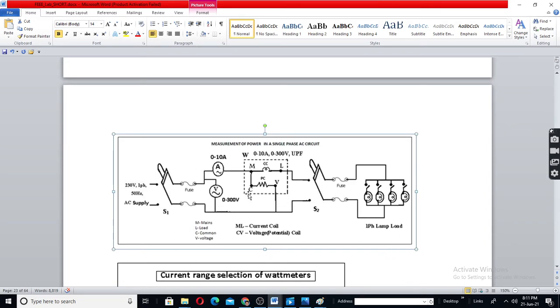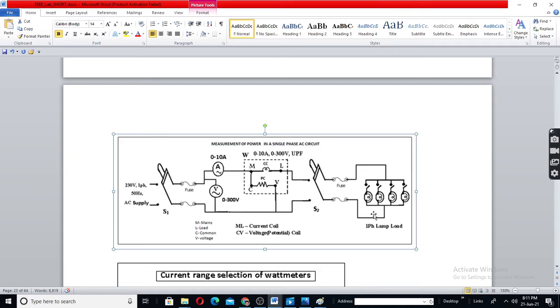Similarly, the voltmeter and the PC of the wattmeter you can connect anywhere in parallel. You can connect the voltmeter between this and this, or between here and here, or one wire here and another wire here. See this terminal here, this terminal here. This also you can connect, C here, V here. Anyhow, you need not bother. You do just as given in the circuit.